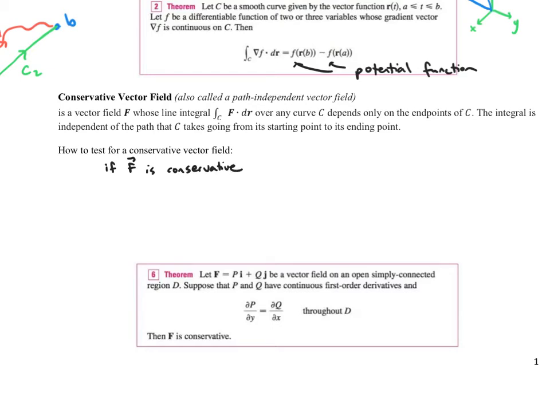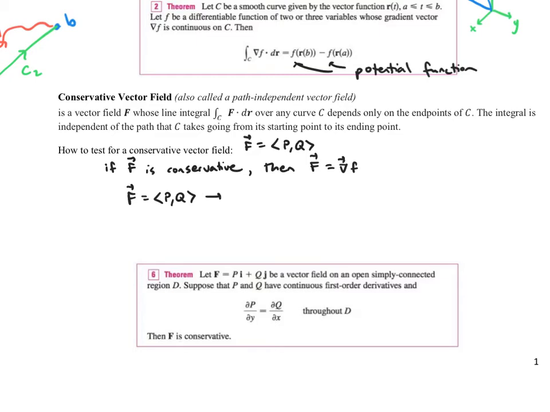and it says this in the theorem, but I'm just going to write it right here. We're letting this vector f be the vector p, q. We're just giving it two different variables there. So if f is conservative, then this vector f is equal to the gradient of some other function, little f. If that's the case, then vector f, which is p, q,